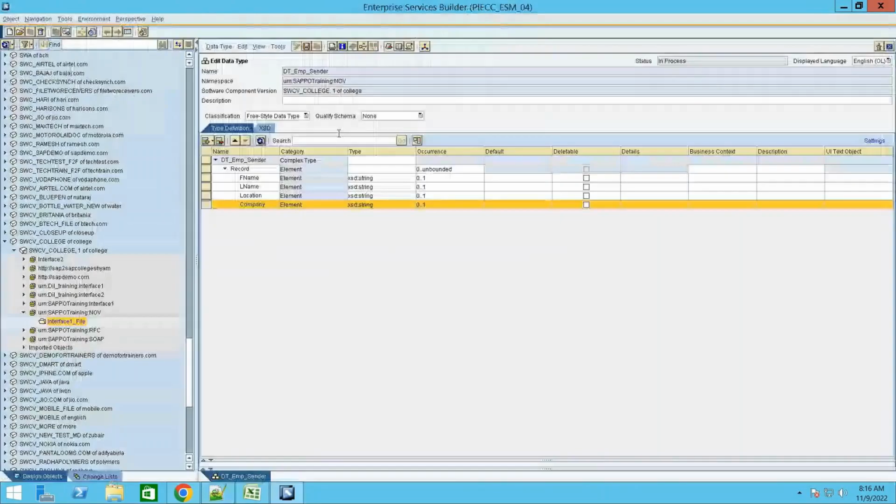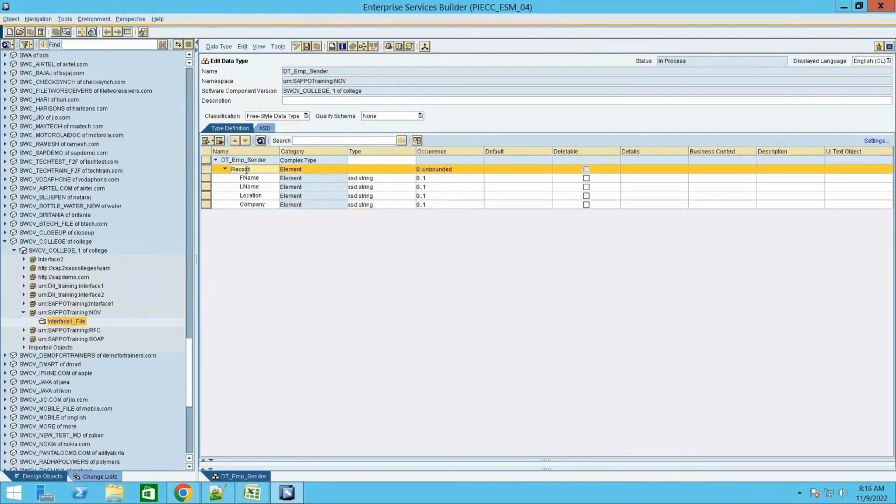When you are getting multiple, you have to represent them accordingly internally in PI also, so that you can access all the employee information. So that's why, to have that functionality, we enable the occurrence as 0 to unbounded, so that we have the scope to receive